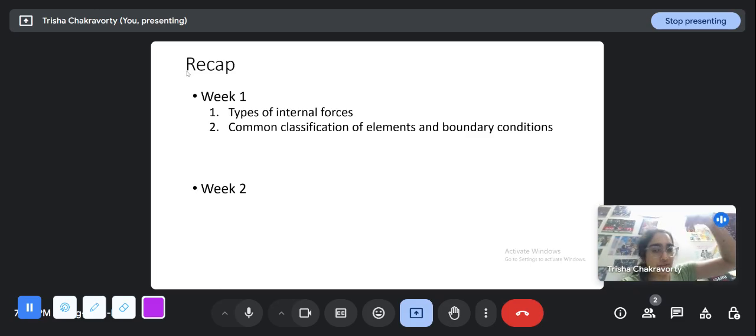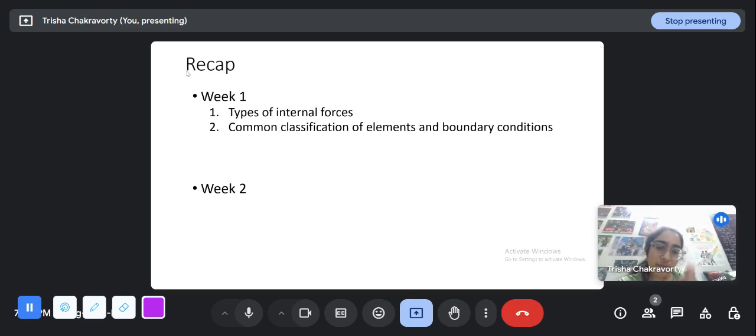So there can be transverse force, that is shear force. Some moment develops due to that. It can also have a concentrated moment applied, or concentrated bending moment applied. And a frame element is one that can be subjected to all three of these: axial force, bending moment, and shear force. And some common boundary conditions are: there is a roller support which provides